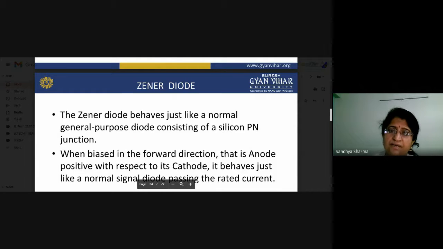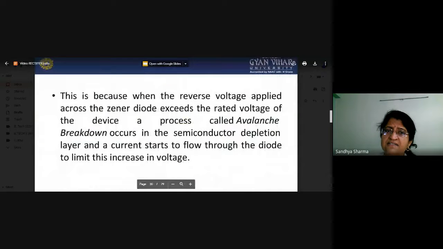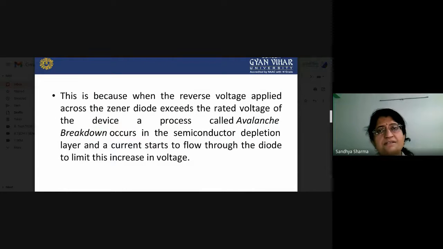So what is a Zener diode and what is its role? A Zener diode is basically a normal general purpose diode, and it also consists of a silicon PN junction. When a Zener diode is forward biased, it works as a normal diode. There is nothing different there. The change is in the reverse bias condition, because the Zener diode works in reverse bias voltage, and when the rated voltage is exceeded,